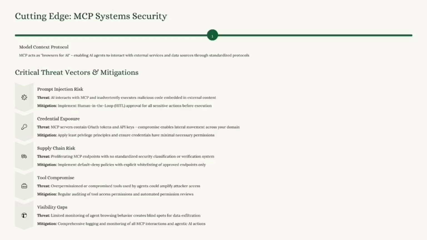Supply chain risk. Where are these MCP servers hosted? Are they trusted? You all classify all of your URLs today as trusted or not trusted. These MCP servers should fall into the same profile. Tool compromise. Do we know that these tools are safe, that this tool hasn't been co-opted in some fashion? If you had a Feedly MCP server, and a new URL stood up, feedlycom.com MCP server, would you know enough not to mistake it, not to get it wrong? And then visibility. We need to have full visibility. Whenever these things go out to the internet and they're browsing using MCP, just like we do today, we need to know what they're doing and where they're going.